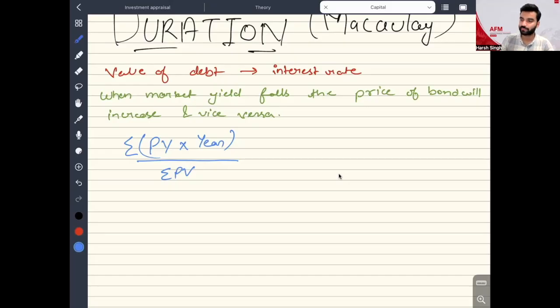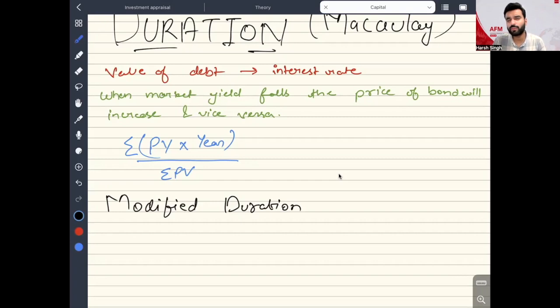That is your duration. Now, when I talk about modified duration, everyone, on duration we were discussing how long should I wait. Now what will happen if your friend says, I'll give you one extra toffee every year? So now you will definitely have to wait less. Because of just one extra toffee, you have to wait less.